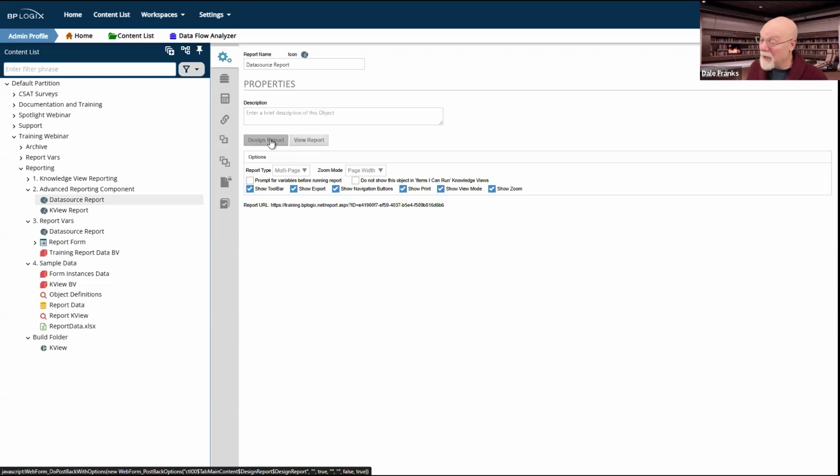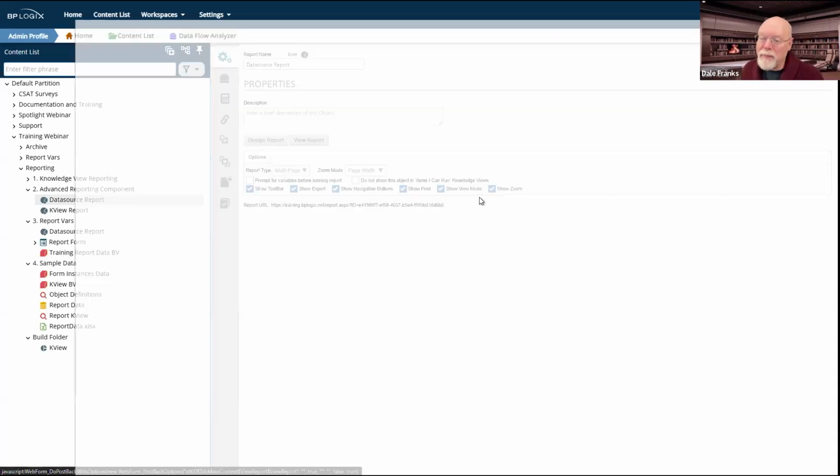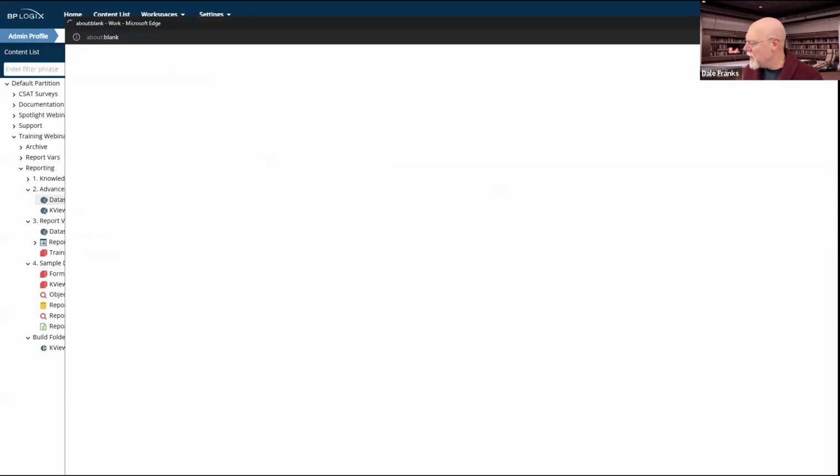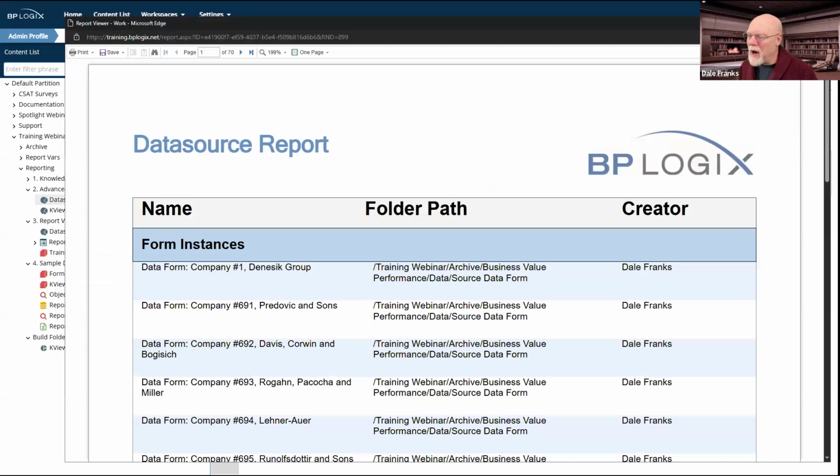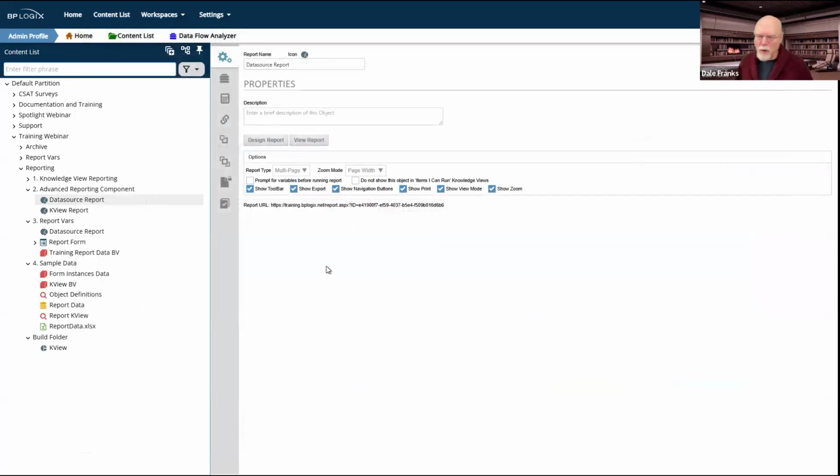I'd have to look at it, and I'm not going to troubleshoot it here. I do have a data source inside the report itself that I don't want, so I'm probably going to have to delete that data source. Not sure how it got there, but it doesn't prevent the report from actually generating outside of the report designer. So who cares? It works. And there's my data source report. There are some differences between the two report types. The data source report gives you a lot more flexibility. Also, because you're pulling it from SQL itself, it's a little faster.